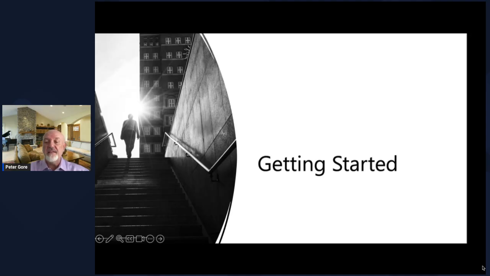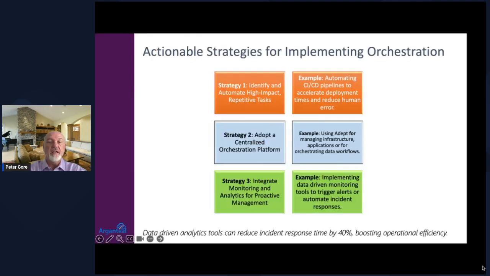Okay, so how do we get started on this journey, right? So one of the things we have to think about for strategies around the implementation of this orchestration is, where do I want to look, right? What would be high impact areas for my network time, right? Or for my efforts to justify this? And that's going to depend largely on what kind of space you're in. Are you in the retail space? Are you in the manufacturing space? Are you in the financial space?